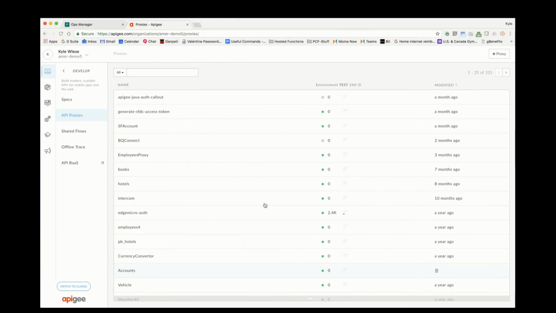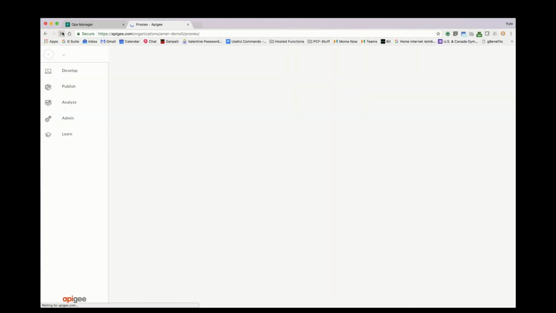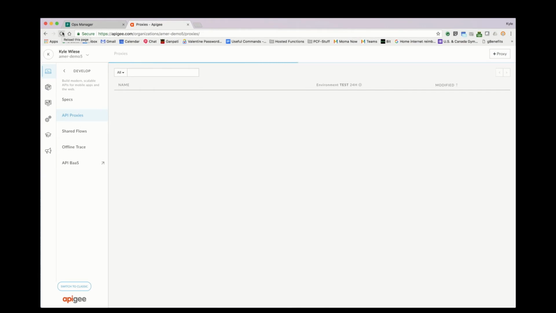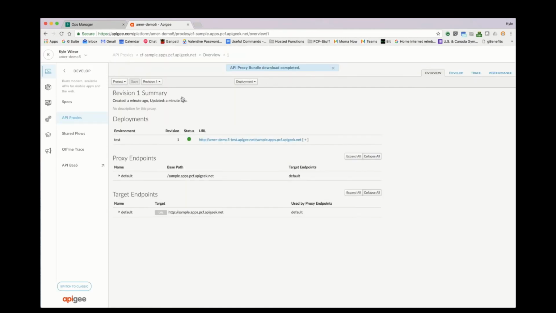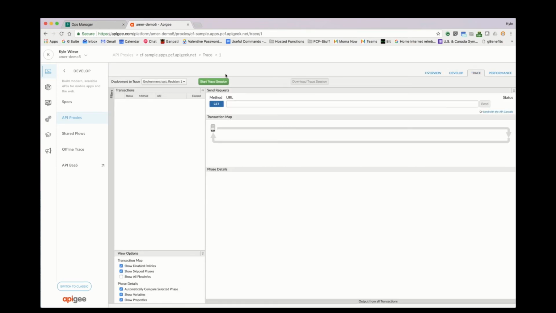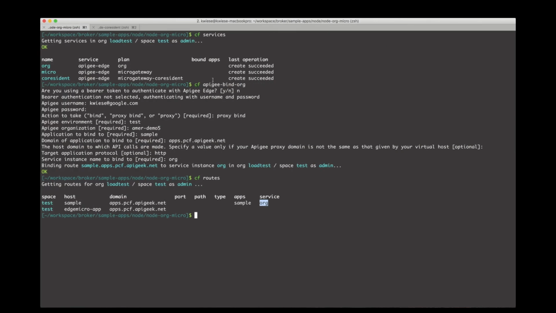So if we go into our Apigee console and refresh the proxy page, we can see that we have a new proxy that got created. If you go in here, the base path is the name of the app that we have, and the target URL is the URL of the app that we want to hit. So if we go to the trace tab and we start a trace session, and we make that curl request again,